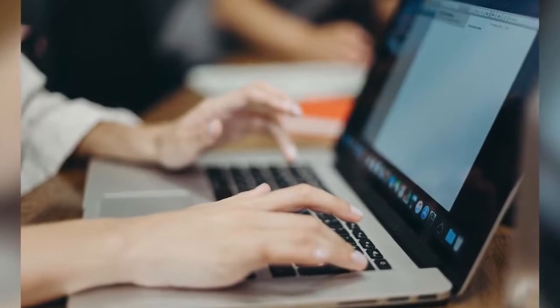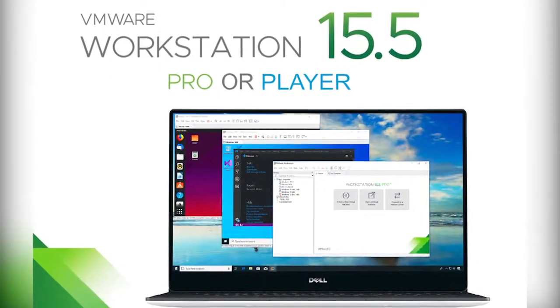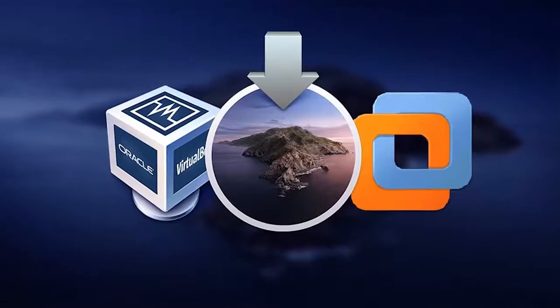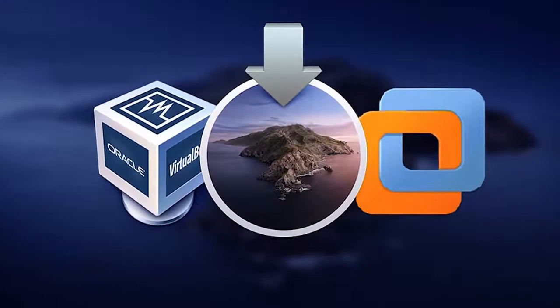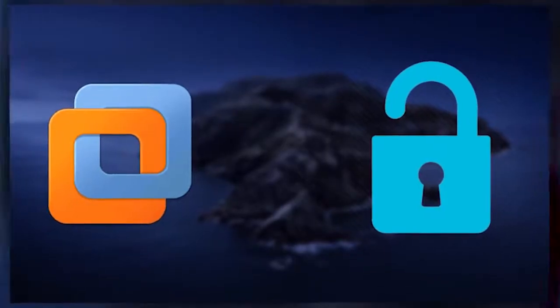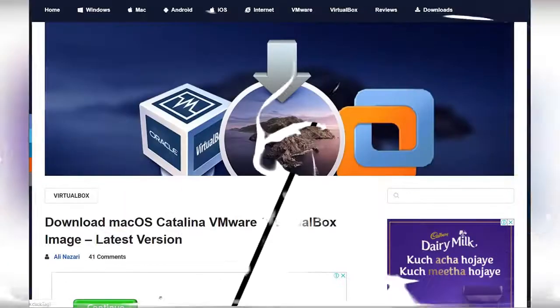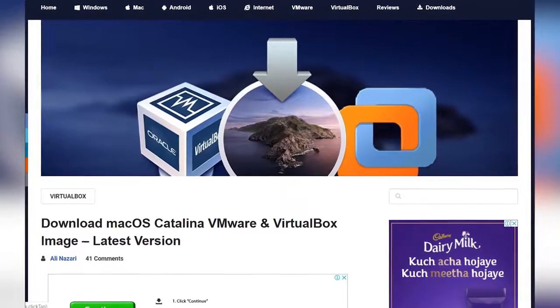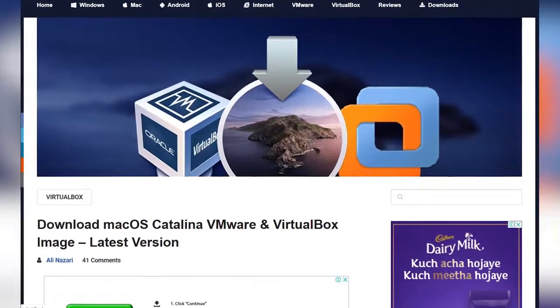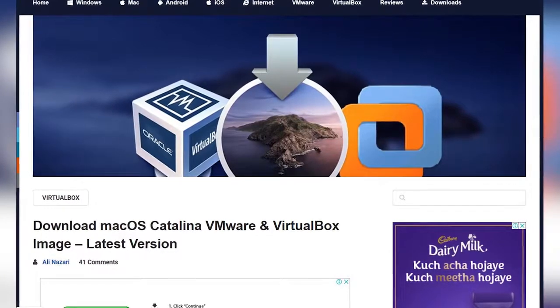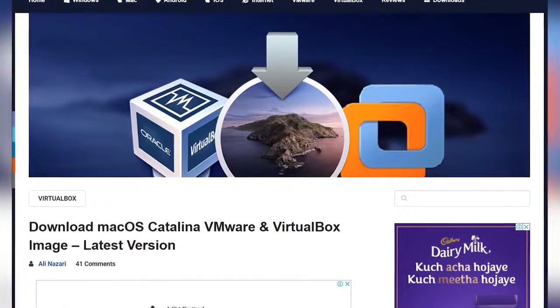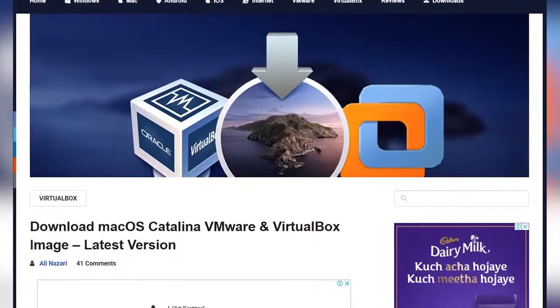Starting off, we're gonna need a couple of things. The first thing we're gonna need is VMware, obviously. The next thing we're gonna need is macOS Catalina virtual machine image file. And last but not least, we're gonna need Unlocker for VMware. For extracting these files, we're gonna need WinZip or 7-zip, that works great. So go ahead and take a copy of all those from the links to these files from the description down below. When you have downloaded the files, extract them all and you're all set.